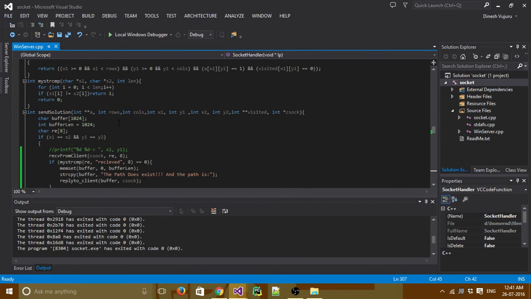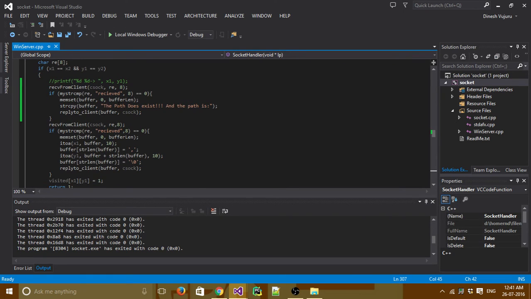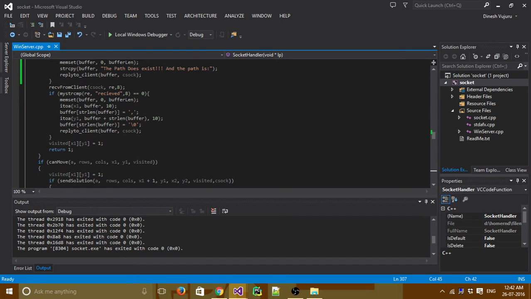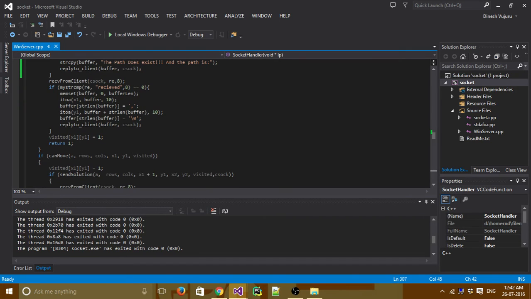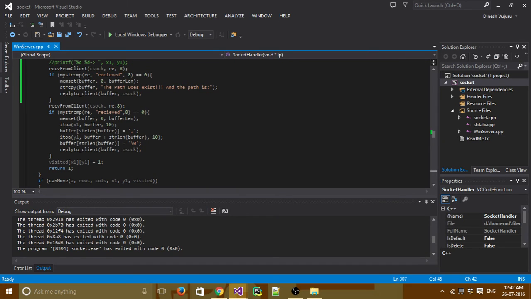In the send solution function, I am sending each and every coordinate, that is the path coordinates, to the client. As I told you, whenever the server sends data, it should get a received acknowledgement from the client.